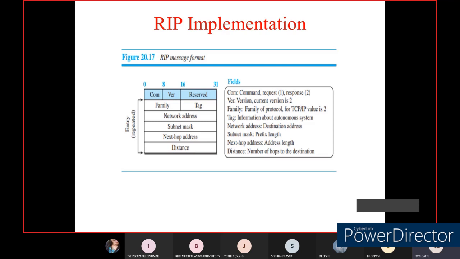We are going to use this RIP message format in the case of an AS, that is an autonomous system, for forwarding the packet within the network, and also for forwarding the packet from one network to another network. We will be using this RIP message format. And one more important piece of information you need to understand is